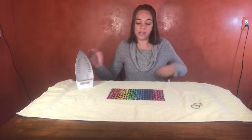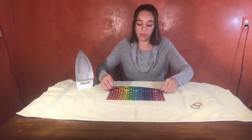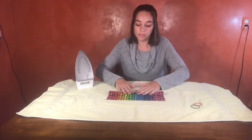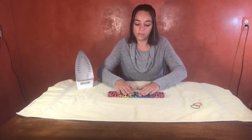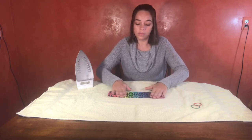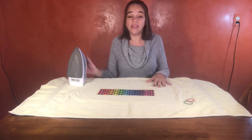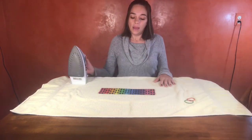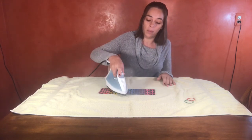Now we're going to take the material and flip it back over and fold the ends again to meet in the middle. This is going to be the front that everyone will see, and again we're going to take the iron and steam that straight. It's a good idea to make a collection of face masks because you'll probably want to wash